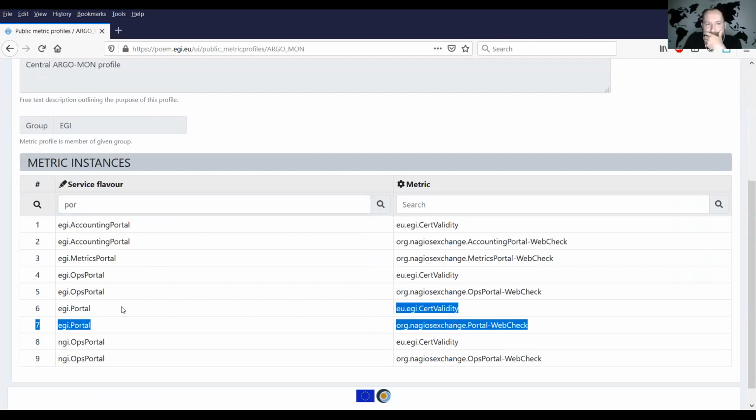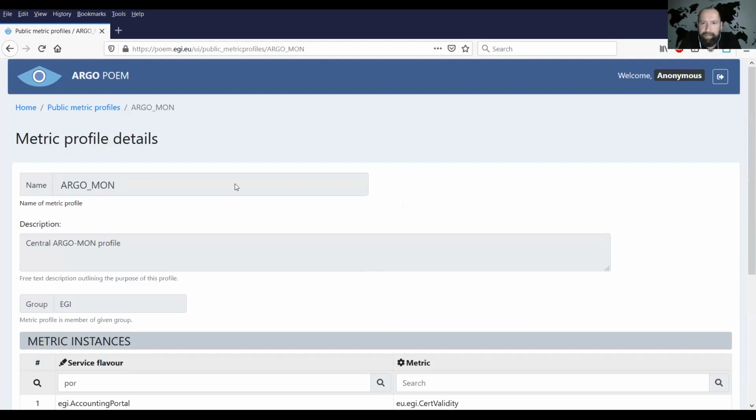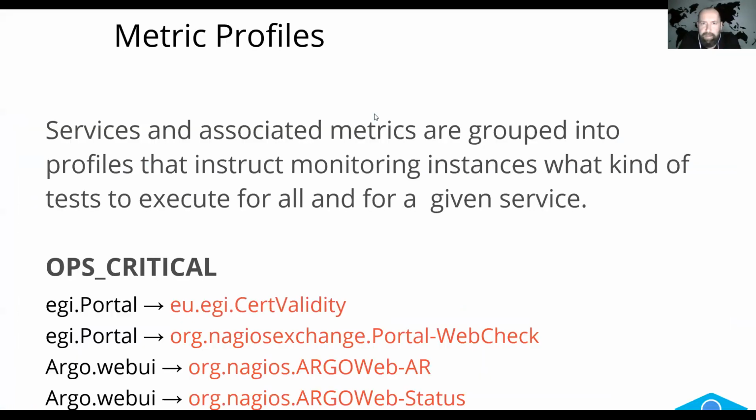If I have a service which is flagged as EGI portal, I should use these 2 metrics to see if it's working or not. And that's basically it. It's a mapping between service type, which we call the flavor internally, while the GOCDB people call it type. This is a legacy issue, but it's basically what you need to remember: a mapping between a service type and a metric. I should probably note down to change this in the near future. So these are metric profiles.